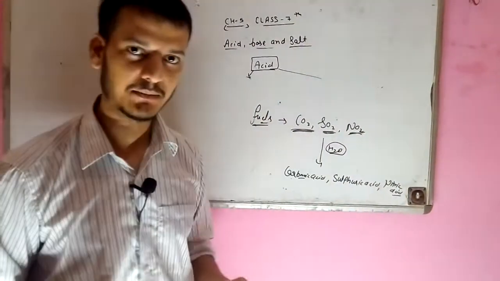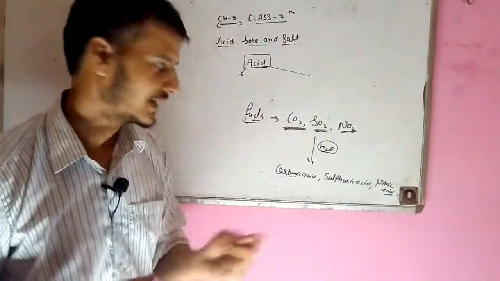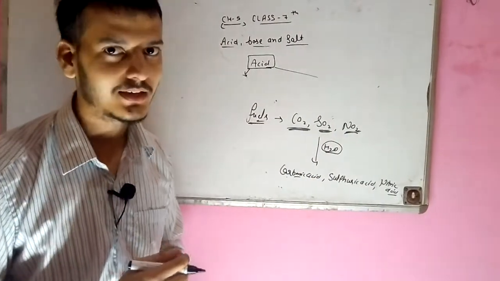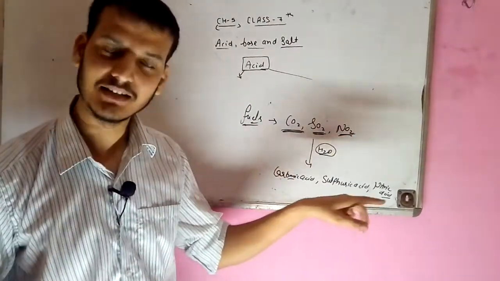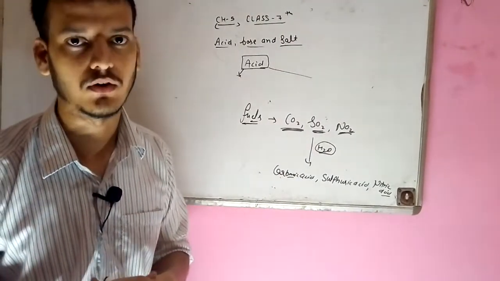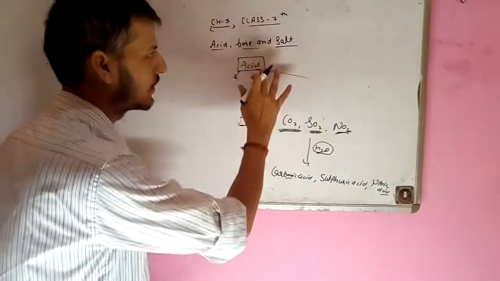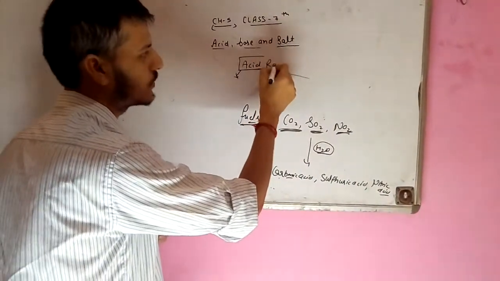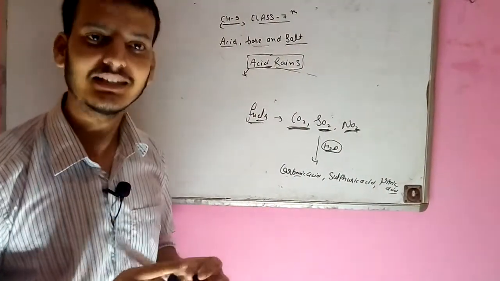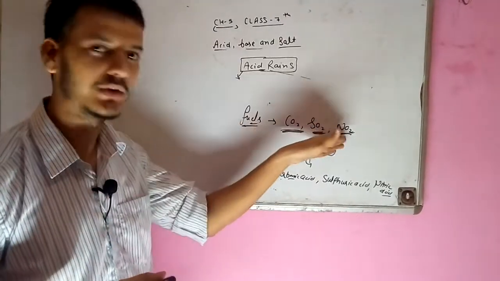So during the precipitation, that is, during the rain formation from the clouds, these acids are also included. So when this acid increases in those waters, it increases the acidity of the rain water, and this is known as acid rain when it falls on the earth's surface. I think you get the meaning of acid rain: rain which contains some acidity, and this acidity is generally caused by pollutant gases.